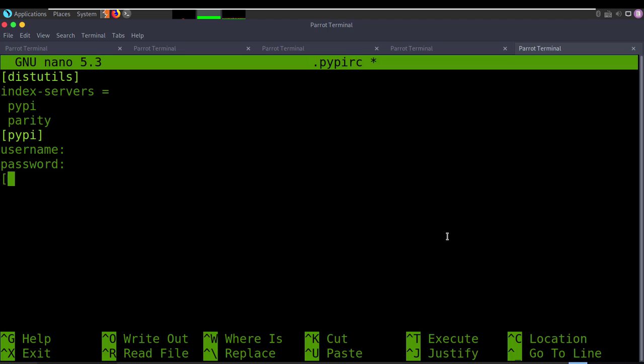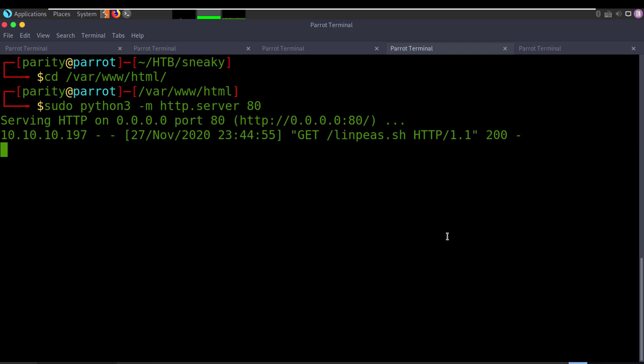So let's add our information down here. Parity. We're going to say that the repository is going to be, and because, like I said, we're going to port forward, it's actually going to be HTTP 127.0.0.1 because it is going to be local to us once we do the port forwarding, and it's going to be on port 5000. Okay. We're going to go ahead and use those credentials we found before. So pypi, and